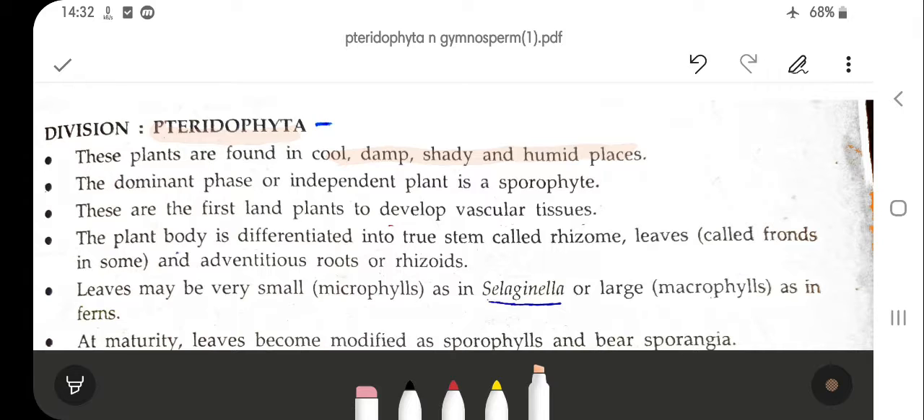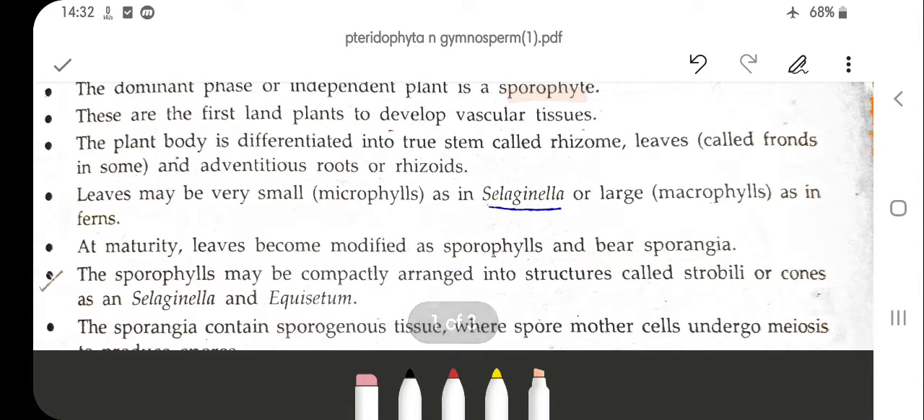The dominant phase, or the independent plant, is the sporophyte. They are the first land plants to develop vascular tissues. Vascular tissues means xylem and phloem, which help in the transportation of water as well as the transportation of